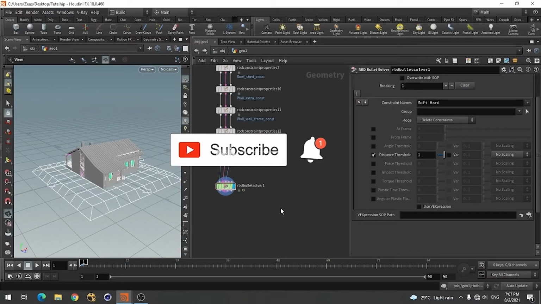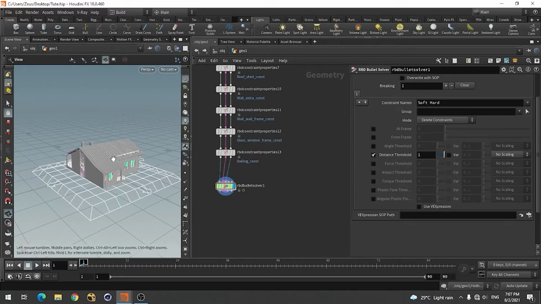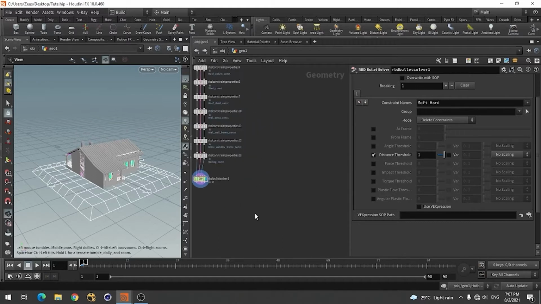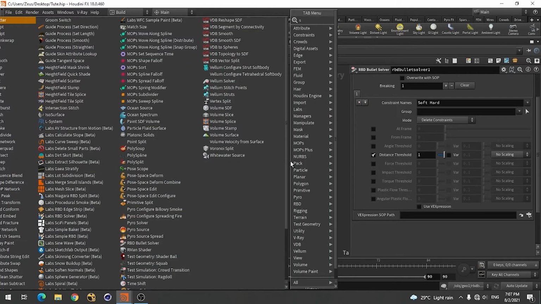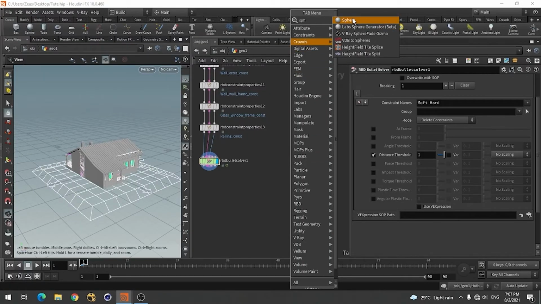So today we are going to make fire and destruct this house. So for this, let's just create fire. So let me just create here a simple sphere. You can use any object. So just use sphere